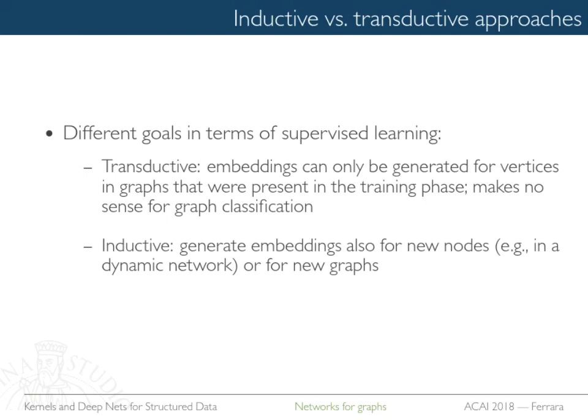But some of the methods cannot do this transfer. They can only work inside one particular network where maybe some of the proteins are labeled with their function. You know where the other proteins are. You don't know the label for these new proteins, and you do the prediction for these new proteins. But you cannot exploit the method to transfer this information now to humans, to a new network. So you have to be careful about the ability of your method to be inductive, because in some cases, this is what you want.